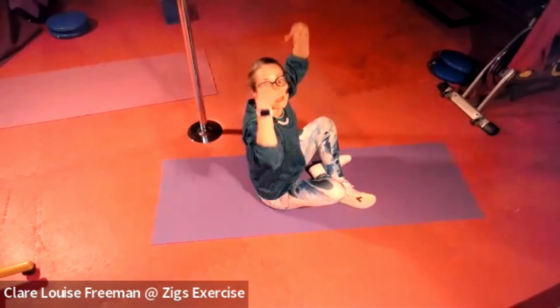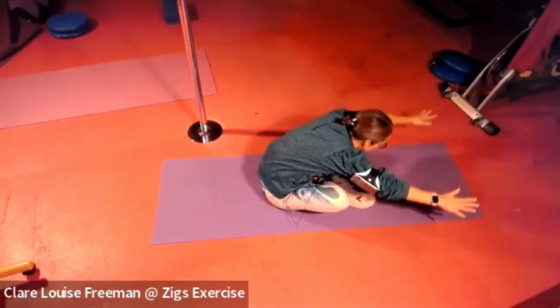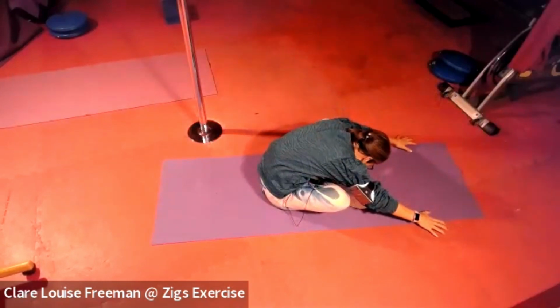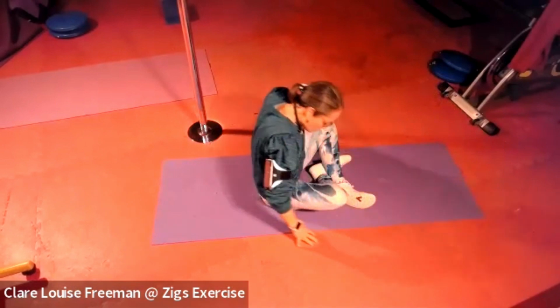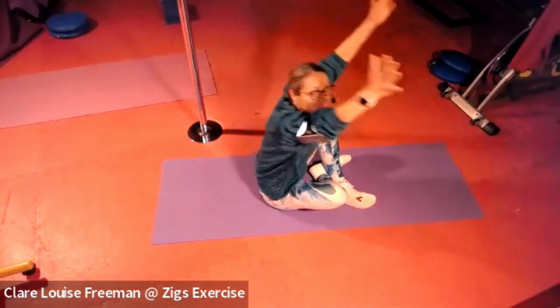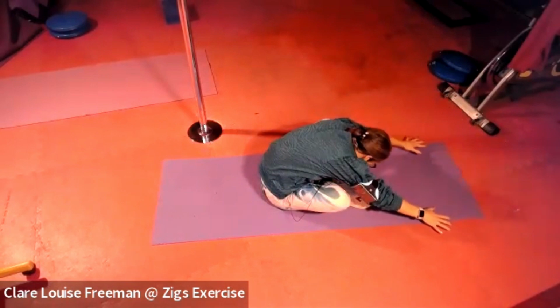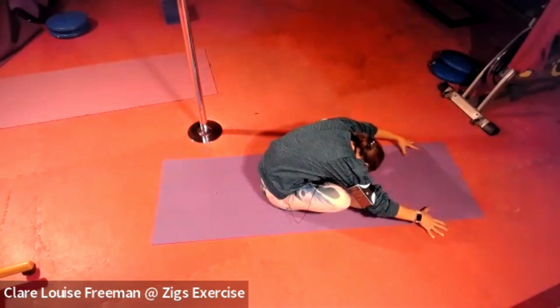We're going to breathe in and reach. Exhale as we come forward. Chin in, down, down. Sliding the hands in. Breathing in as we reach. And you go a bit further forwards now. Gradually working on increasing the mobility in the joints